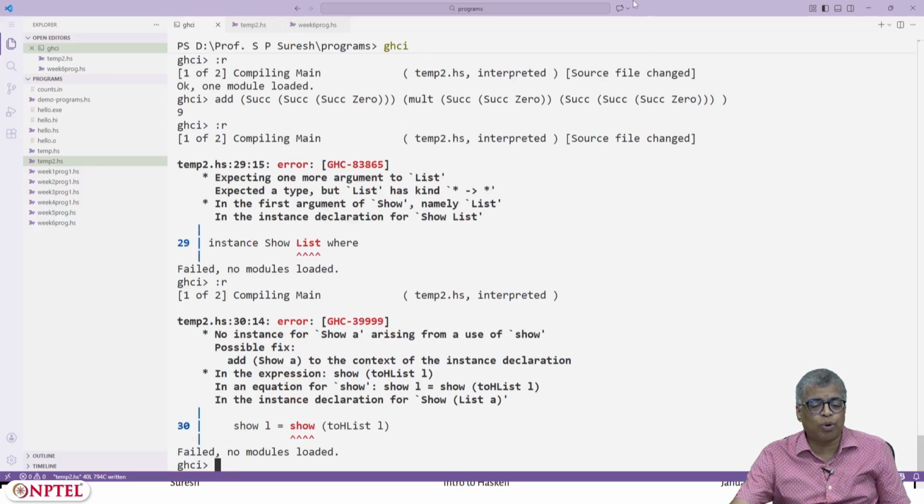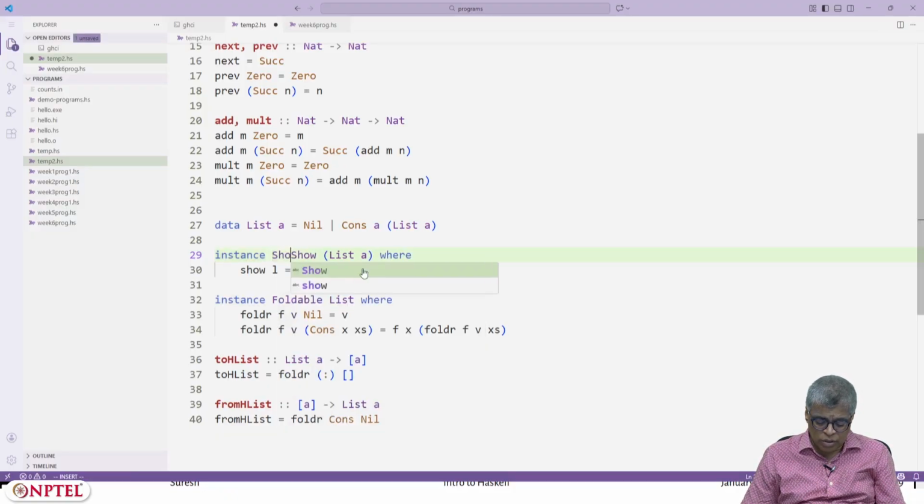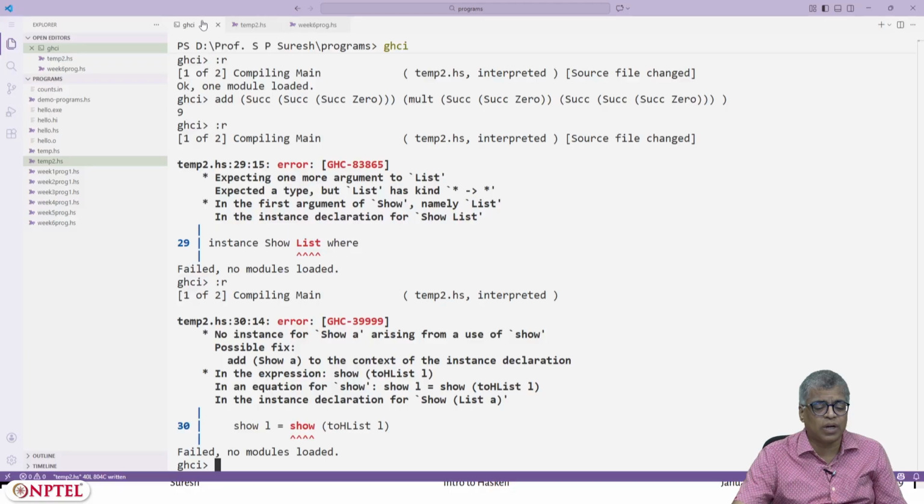Yeah, so there is no Show a. So what you should do is, your List a can be shown only if values of type a itself can be shown. So what you should do is instance Show a => Show (List a). Okay, so this is how you should do it. Let's go back and check if it compiles.